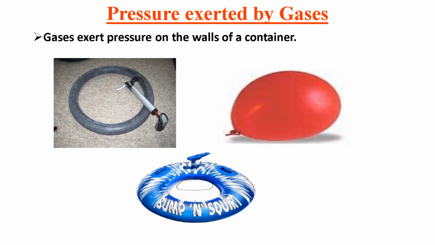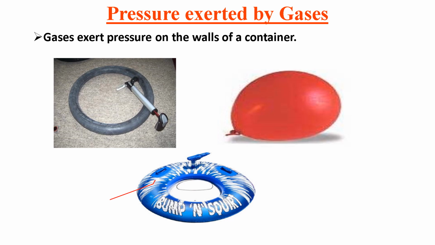Here you can see a rubber balloon, a tire tube and a tube used while swimming. All these are filled with air. Suppose we try to press them, and on releasing they regain their shape, meaning they come back to their original shape. Why? Because the air present inside them